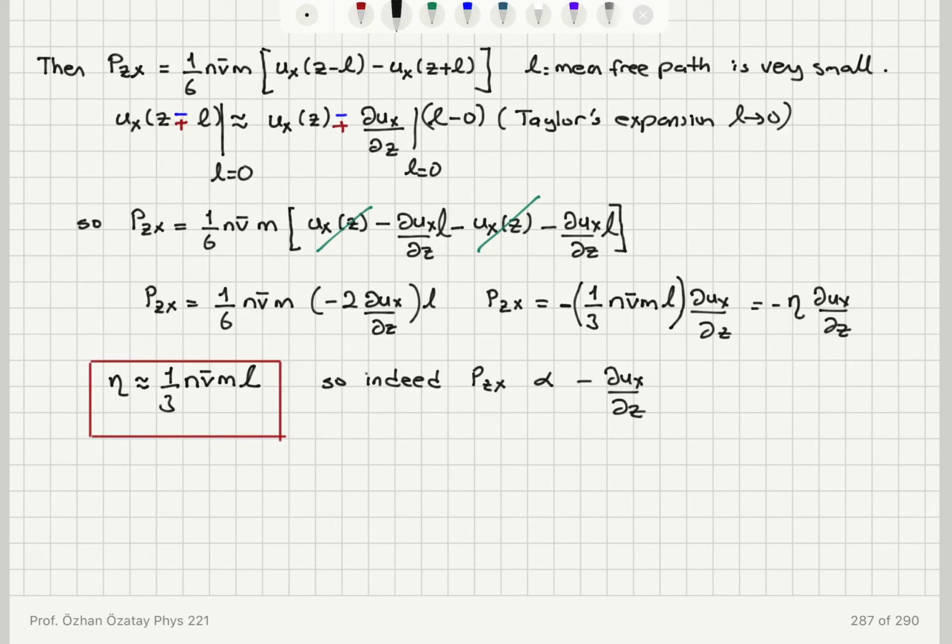n is the number of molecules per volume, v bar is the mean speed per molecule, m is the mass of one molecule, L is the mean free path, and we indeed see that the tangential stress is proportional to minus the gradient of the tangential speed with respect to the